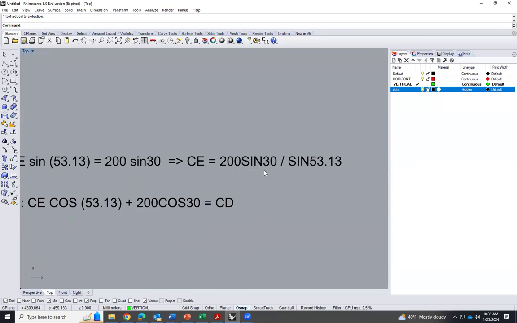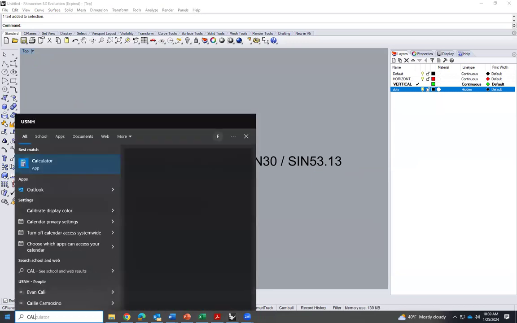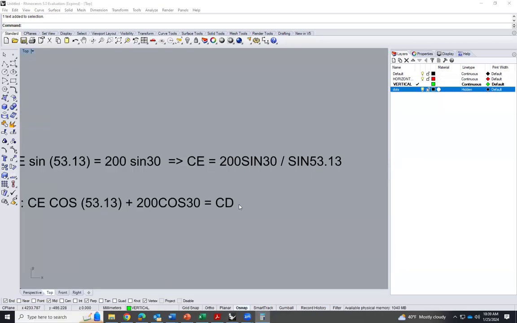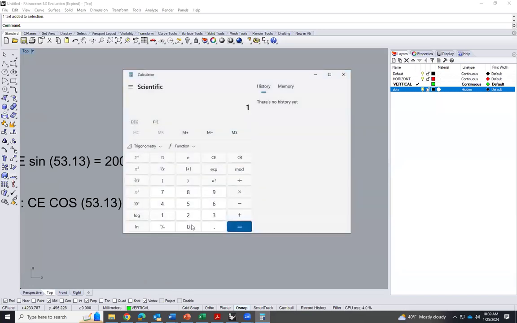Okay. Sine 30, we know it's 0.5. So 200 times 0.5, it's 100. So CE equals 100